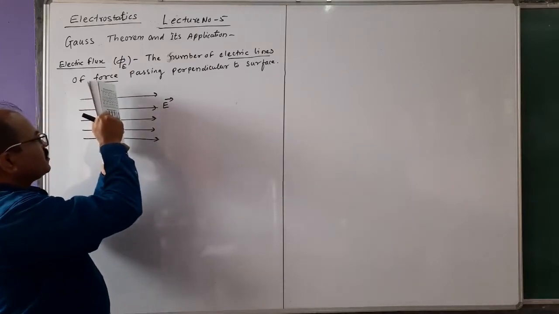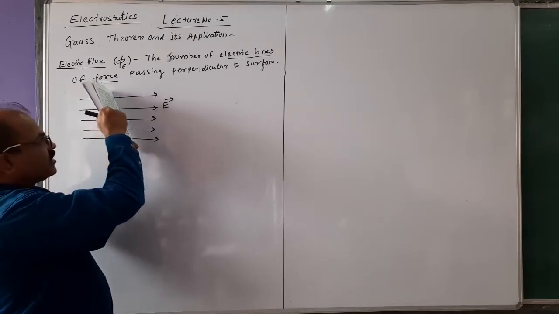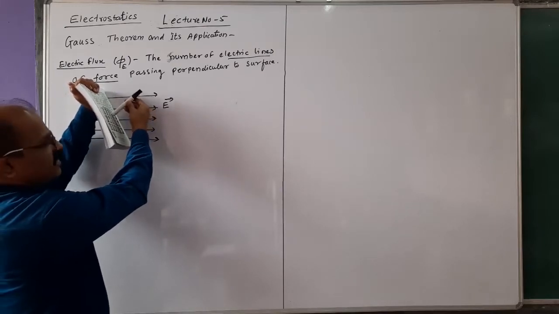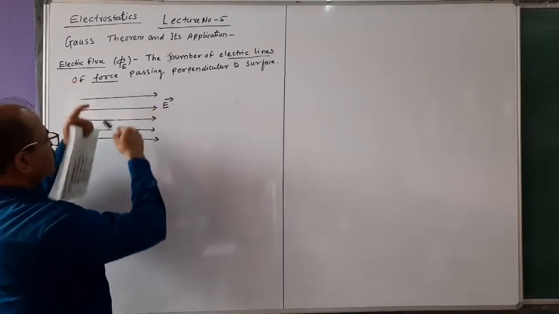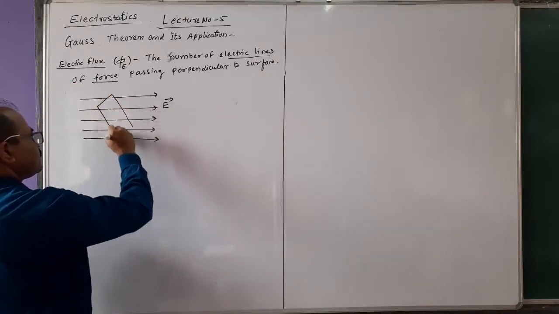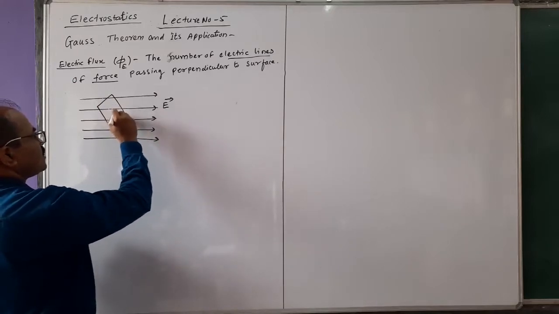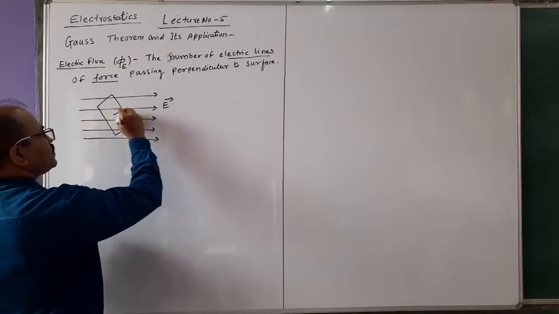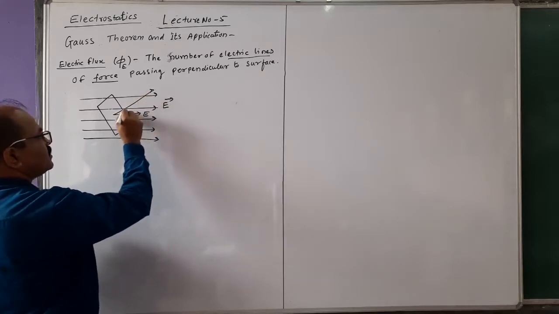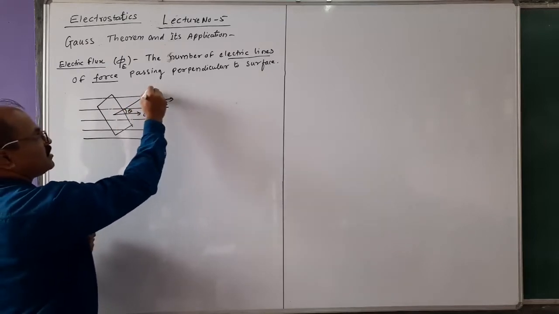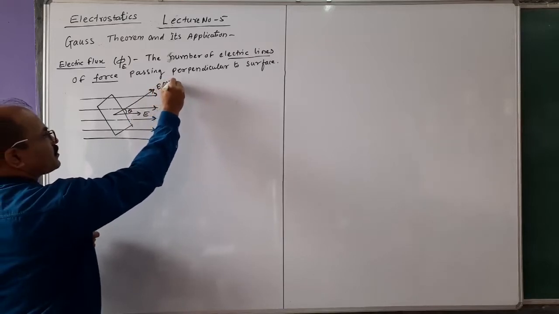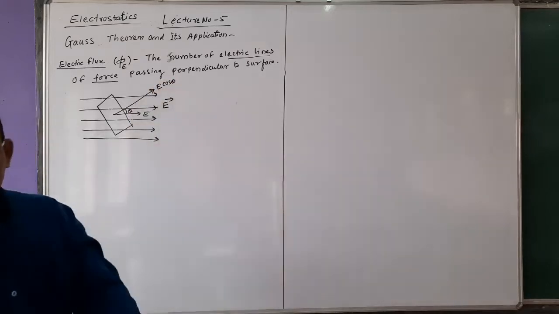If the surface is not placed the same way every time and is turned, then where will the perpendicular go? The perpendicular to the surface will be along this direction. It will make a certain angle in this way. Suppose this is the perpendicular to the surface, and this perpendicular makes an angle theta with the direction of E. This is the direction of E and this is the angle theta. Along the perpendicular to the surface, the component is E cos theta.